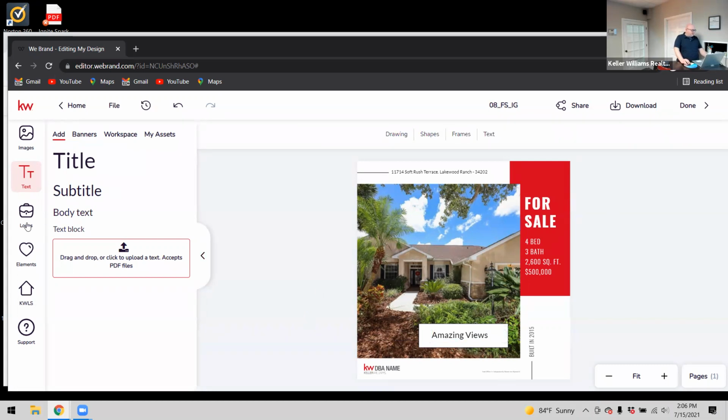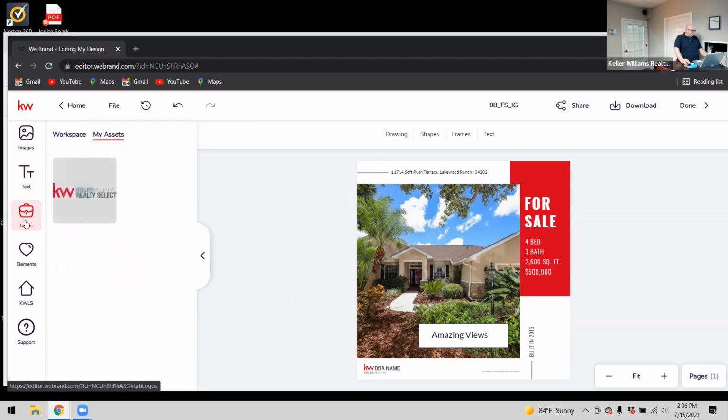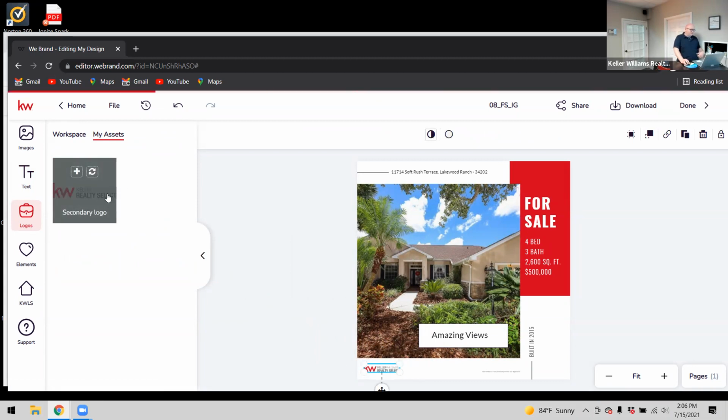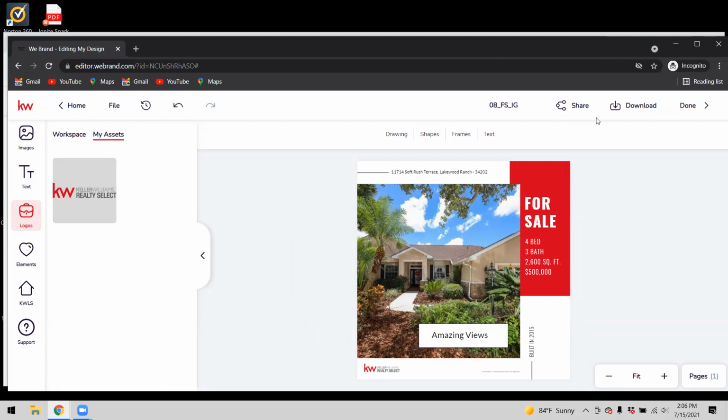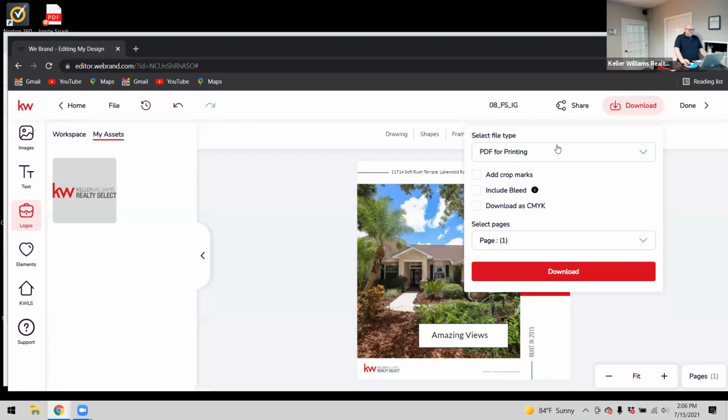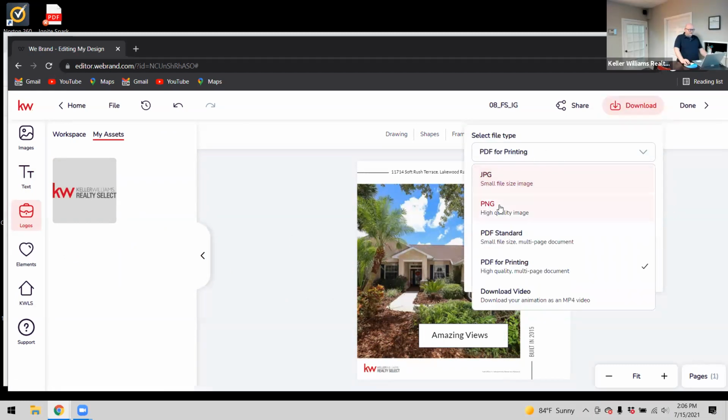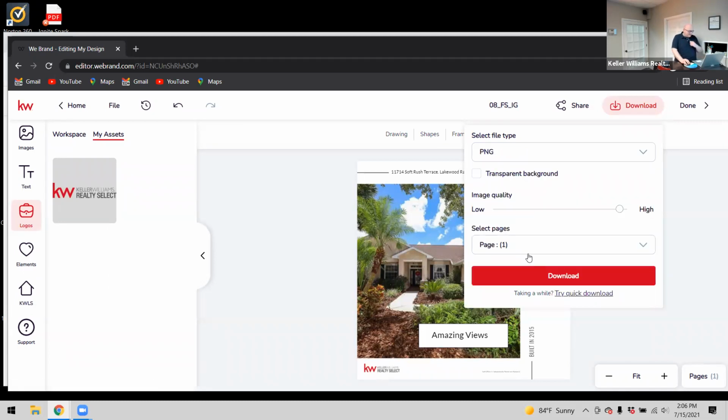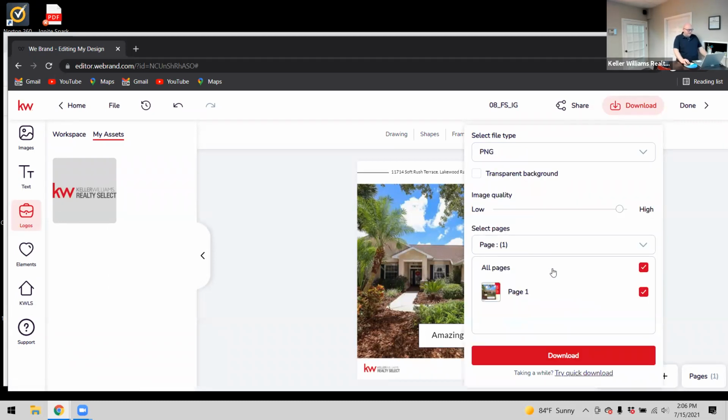And if you want it done quickly, you should be able to use the drag and drop elements to replace a lot of this. So I just replaced the logo down here by dragging the Keller Williams Realty Select logo right over it. Right now this could be finished, ready to go on my social media. What I want to do is click download, and change that from PDF to PNG. Then it says select pages. I only have one page, so I'm going to open it, make sure it's the one I want, click select, and then click